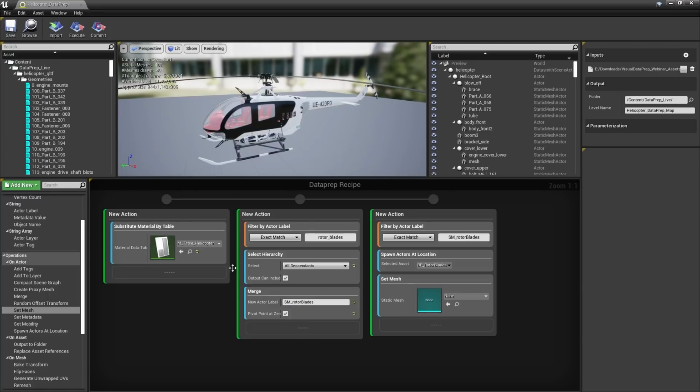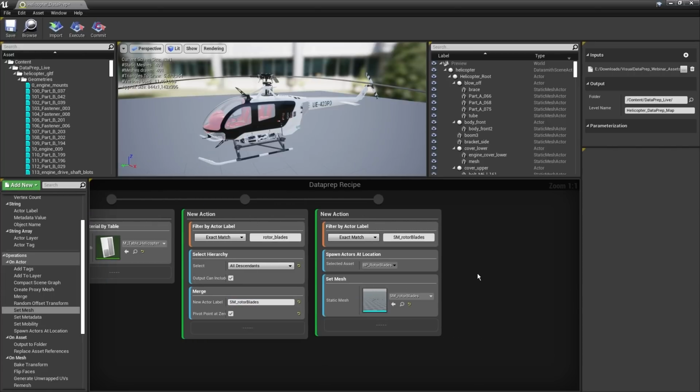Remember, the data prep window is just kind of a temporary location for all of these assets. They don't actually exist yet in our project. So you're going to have to run this twice in order for that to work. Just keep that in mind. Anytime you want to spawn a new mesh that you've created inside of your recipe, you're going to need to run it at least once for these meshes to be created to be usable.